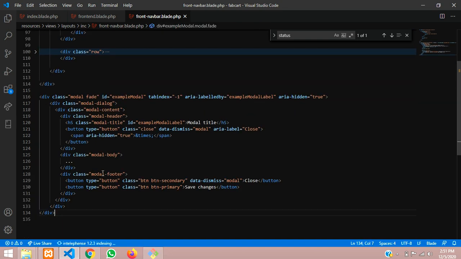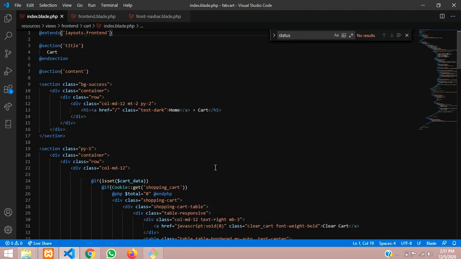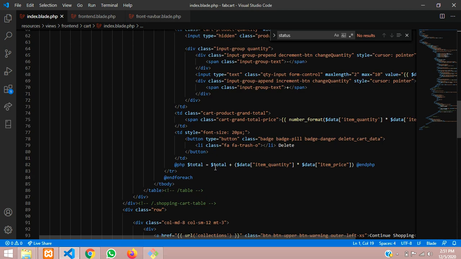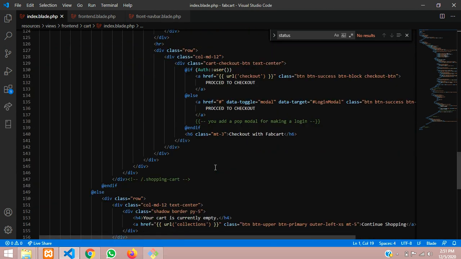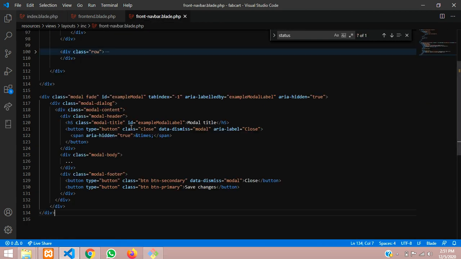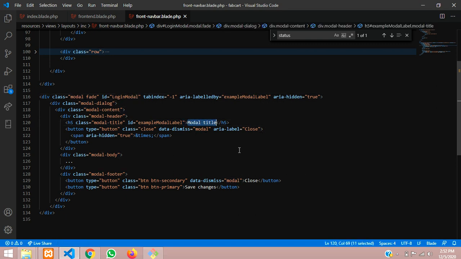Now we will go back to our cart page, below where we have pasted the name. This is the name, login modal. Let us copy this name and paste it as the ID for the modal, and name this modal login.